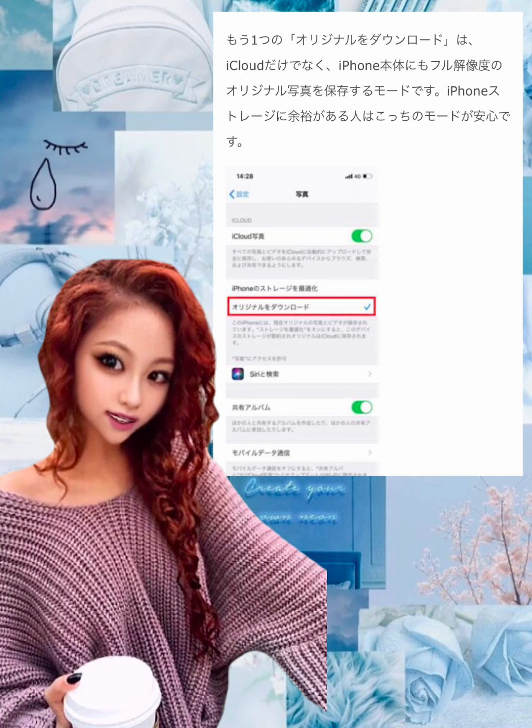Then, if you set iCloud Photos to Download Originals, wouldn't it be nice to leave the photos on the iPhone itself? I think that would put pressure on the iPhone storage capacity. There isn't much point in using the cloud other than sharing. In other words, it's not very useful. In that case, it is better not to use iCloud Photos from the beginning, but to copy and paste the photos to your PC and stock them. Just move the files you want to share from your camera roll to your iCloud Drive and store them.